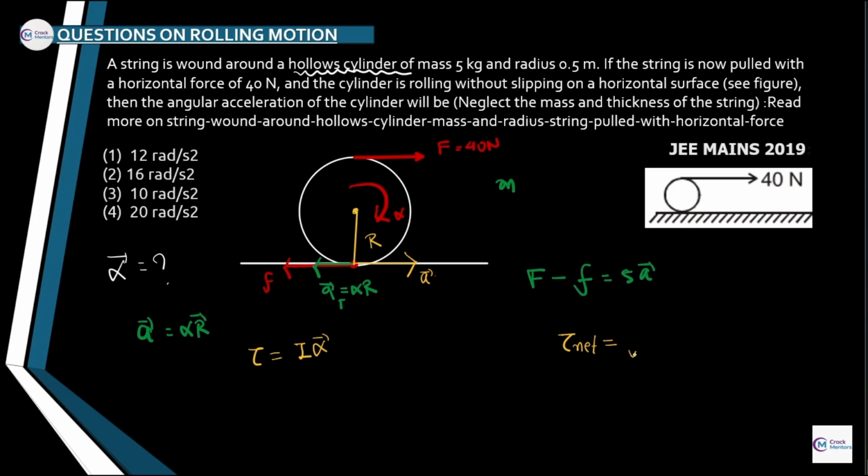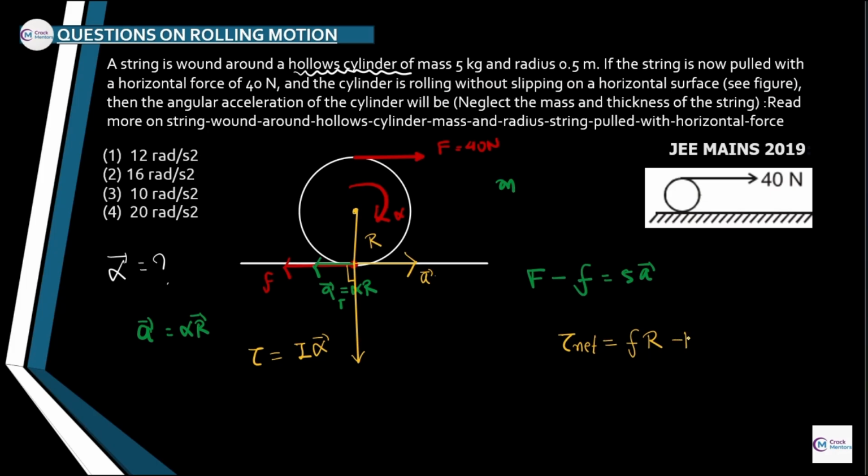What is the direction of this torque? The direction of this torque, as you can see, is r cross f. Then the direction is going to be, do it by yourself, use the right hand thumb rule to get the direction correctly. R cross f will give the direction which is in the minus k cap.